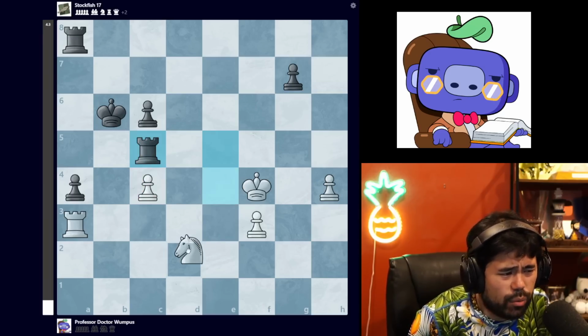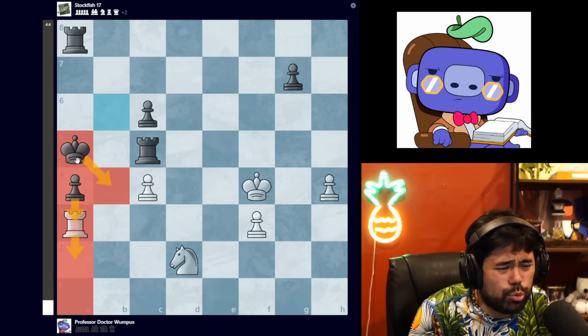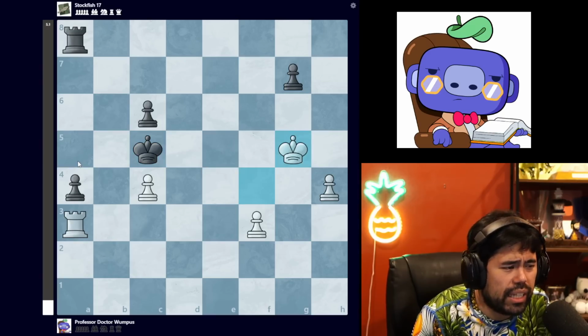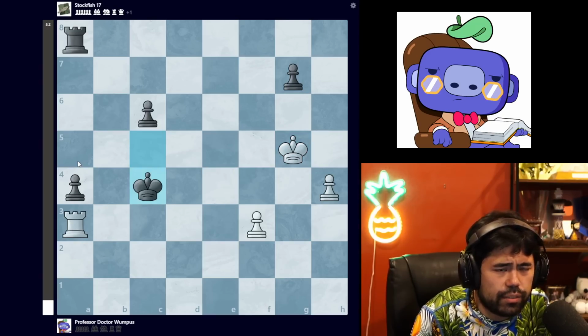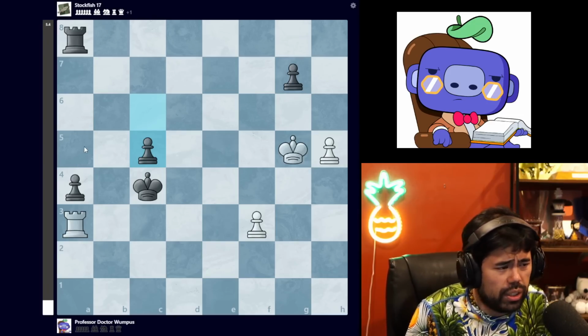If white doesn't take it, white could maybe go knight d2, but after king a5 and king b4 with a3, a2, black is winning. So we get the move knight takes rook. Stockfish takes, and now we get king g5, and here we have king takes c4 being played, h5, and we get the move c5. Now, the reason this is so completely over is that